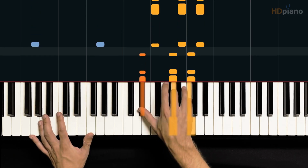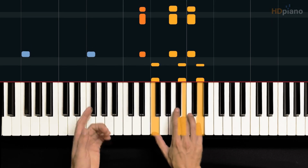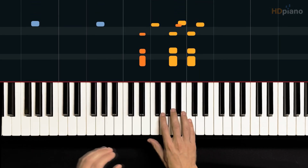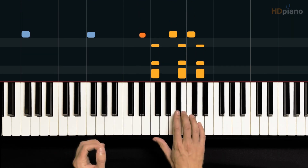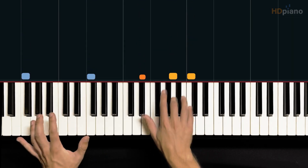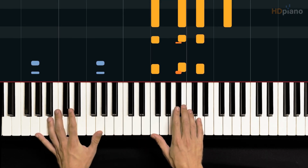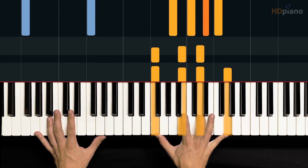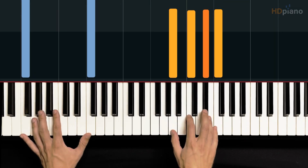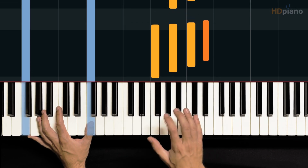Do it again. 1 and a 2 and a 3 and a 4 and a 1, 2 and a 3 and a 4 and a 1 and a 2 and a 3 and a 4 and a 1. If that's feeling good, then we can add some new notes. So we hit our 2 Gs. We add a G on top, take it away, and then we hit a new version of F7, which is,